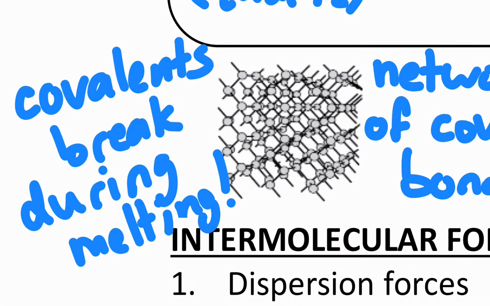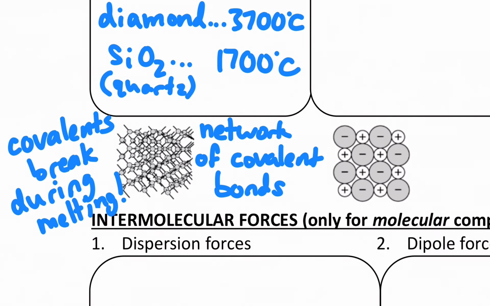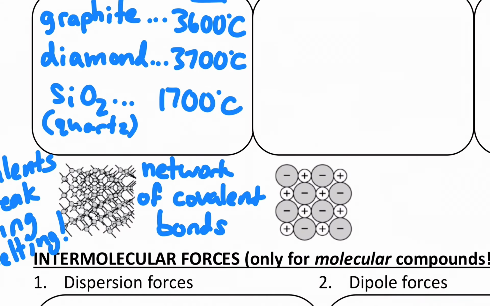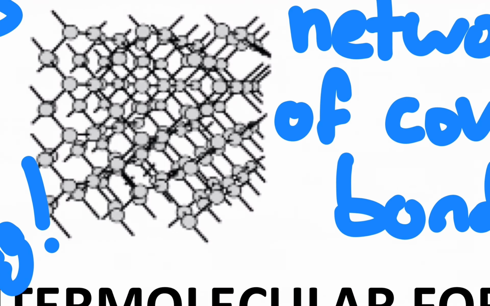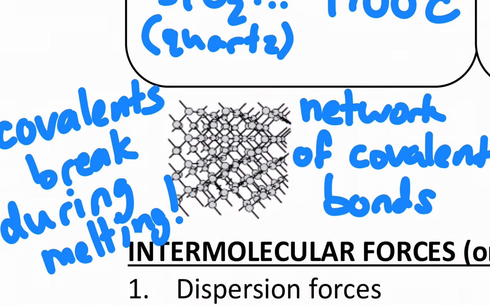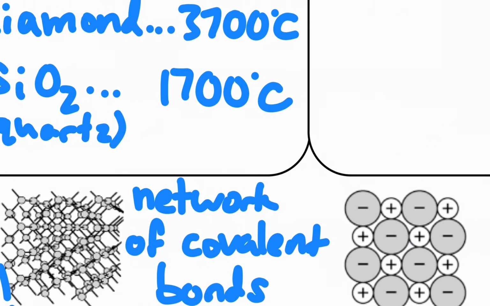When you melt something, you break intermolecular forces, or you get ions to move farther apart from each other in ionic solids, what we'll talk about next. But in covalent substances that are network covalent substances, you actually break covalent bonds during melting, and that's a big deal. So these are very, very high melting because you're actually breaking apart these covalent bonds, which are among the strongest bonds out there. And that's why it takes so much temperature, so much heat to melt something like graphite